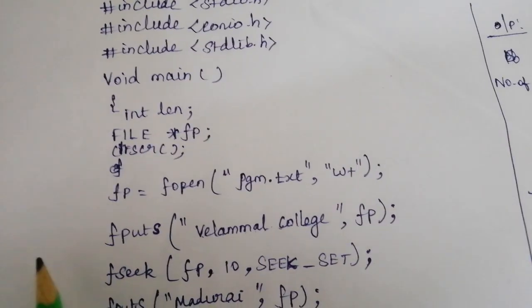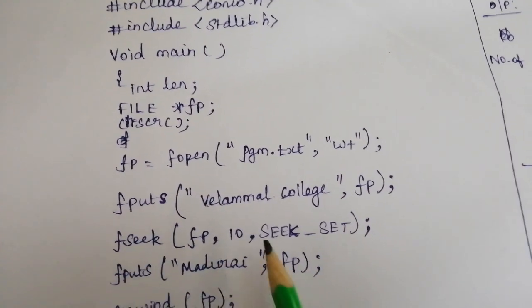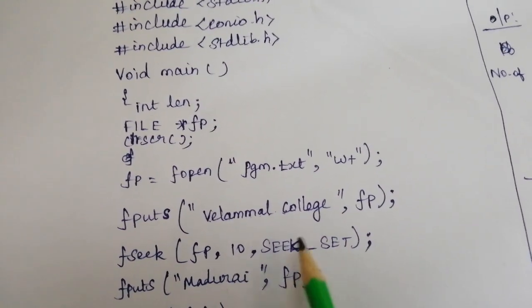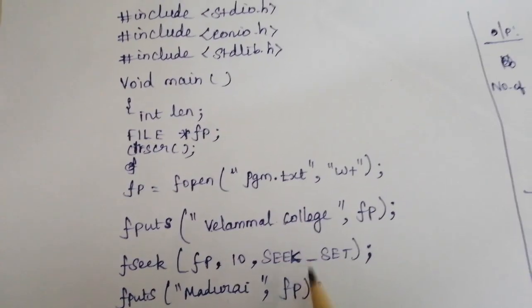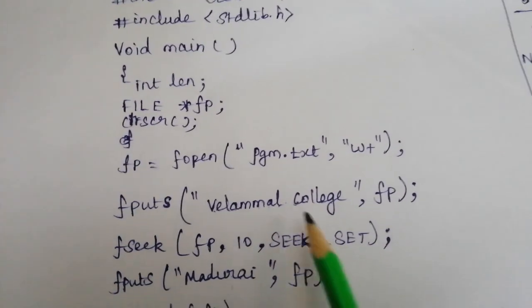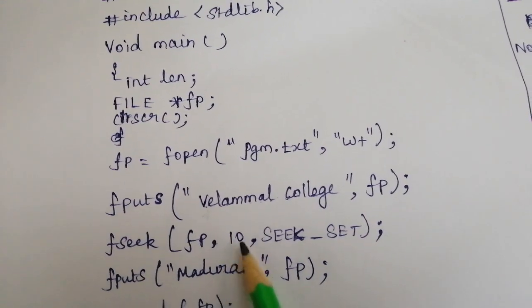Now after this instruction, we are performing the fseek operation: fp, 10, SEEK_SET. It has a built-in value like 0. It represents the beginning of the file. So now the file pointer points to the beginning of the file, to the character V. Here we specified 10